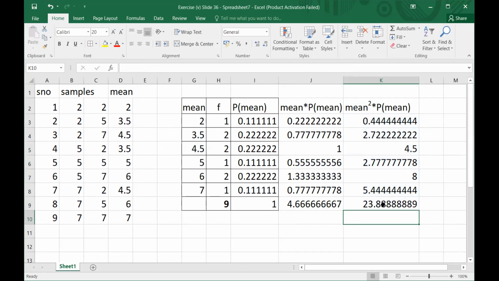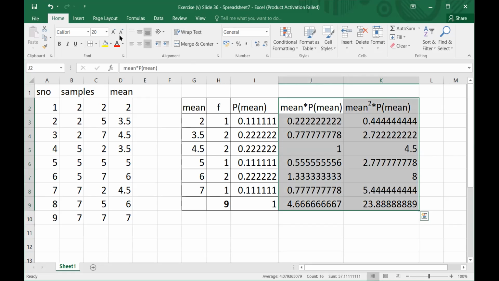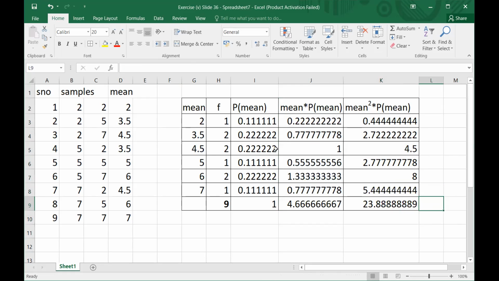I am using Excel to complete this problem. The exact answer will not be matched. The reason is, if I took the values in the ratio instead of fractions, so we can have the exact proof of these theorems. But I am not using ratios. That is why it is